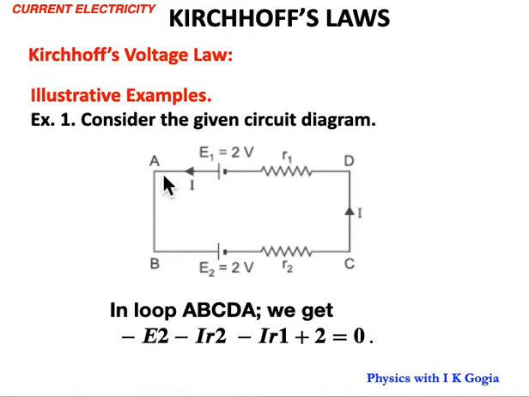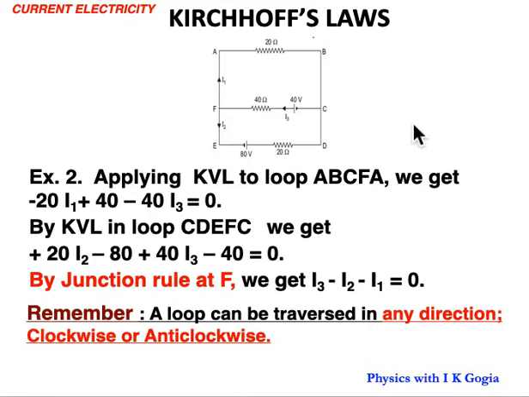Now, we started from A and we are coming back to A. Work done in moving a charge is Q into potential difference. Since we are back at A, the potential difference is 0. Initial potential is equal to the final potential because we are back at the same point. Therefore, the potential difference is 0 and the work done should be 0. So, that is why the algebraic sum of the potential drops across different parts of a closed current loop is taken as 0. Another example, see this diagram.